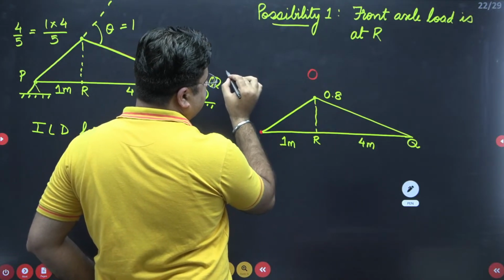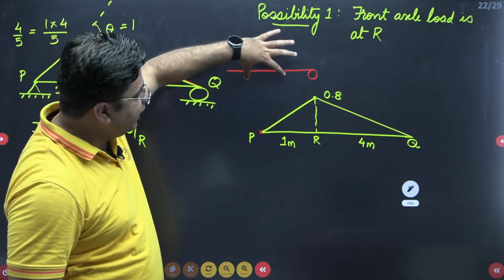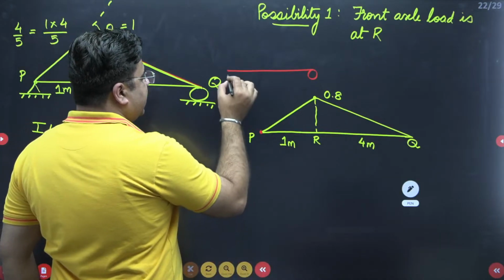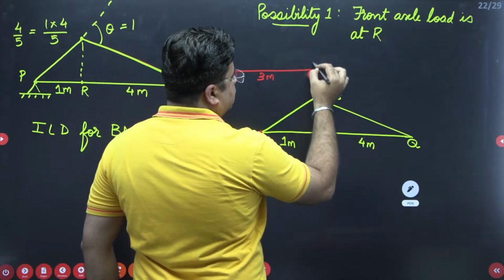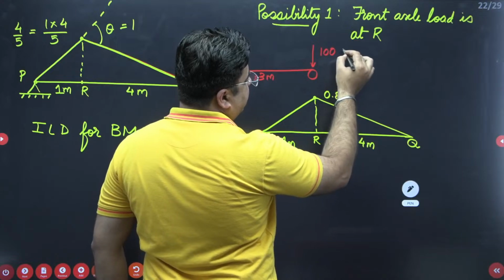So my rear axle load will be out of the beam because the length between two axles is 3 meters and here only 1 meter is there. So rear axle will be out of the beam. So this is 3 meter. So in this possibility, the bending moment at R is equal to,